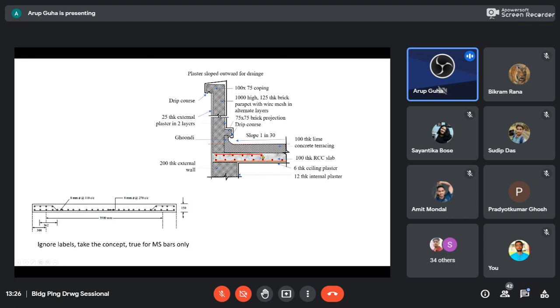এর থেকে বেশি এই মুহূর্তে জেনে লাভ নেই. There are other classes to take care of this thing. So when we use mild steels, we can have this 45 degree cranks and then half the bars they go up. When we have taut steels or HYST, high yield strength steel, those are actually more stiff and we actually have cut pieces placed over here. They are not that easily bendable. So আলাদা জিনিস দেওয়া হয় and